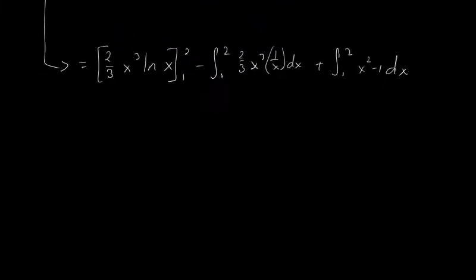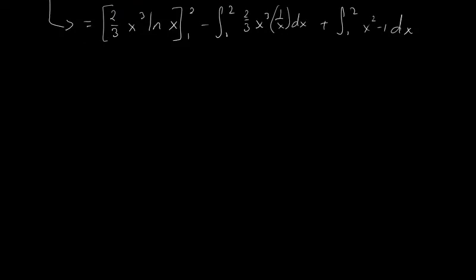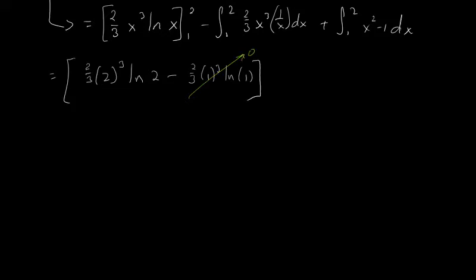Okay, so let's go ahead and work through this. So 2/3 x cubed ln x evaluated at 2 and 1. That's going to be 2/3 times 2 cubed times ln of 2 minus 2/3 times 1 cubed times ln of 1. All right, so ln of 1 is 0, so this entire term is going to go to 0. So this comes out to be, let's see, 2/3 times 2 cubed, that would be 8 times 2/3, so that's going to be 16/3 ln of 2